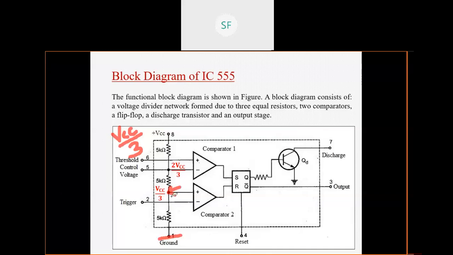Okay, it is very simple. Now if I want to measure the voltage at this particular point with respect to ground, I am measuring the voltage between these 2 points, this point and ground. Now what will be the voltage? Can anyone reply? 2 VCC by 3. Right, 2 VCC by 3. Very good. That means how have we calculated it?